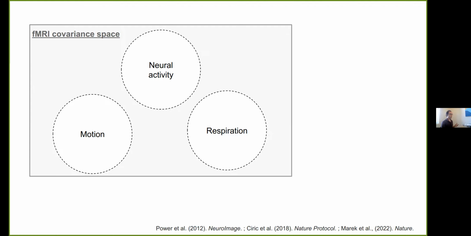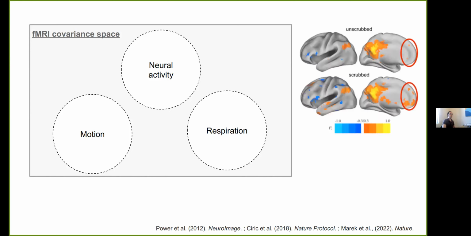So as many of you must be aware, fMRI is a powerful tool for investigating brain function, given its access to brain-wide activity. However, it comes at a cost of complexity in disentangling the different contributions to the signal, since non-neural sources, such as respiration or motion, can interfere with analysis and cause spurious results. For instance, in that paper, they show how without accounting for motion, you don't recover the full extent of the default mode network. And that's why it is common to try to model these non-neural contributions to the signal and